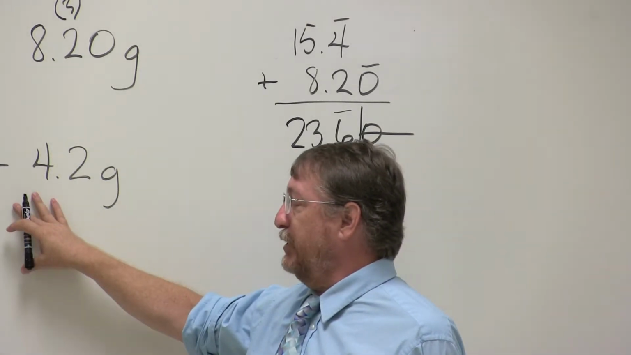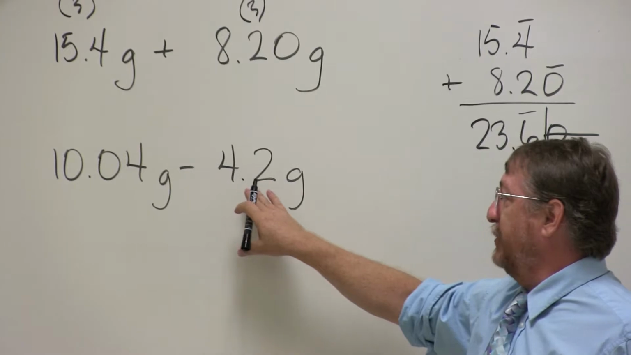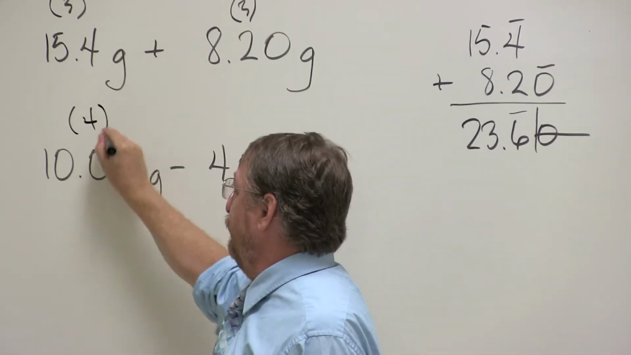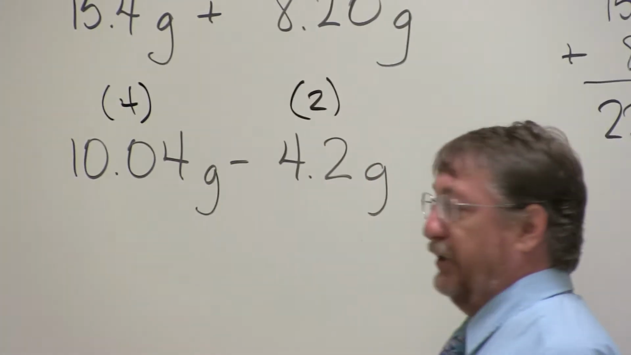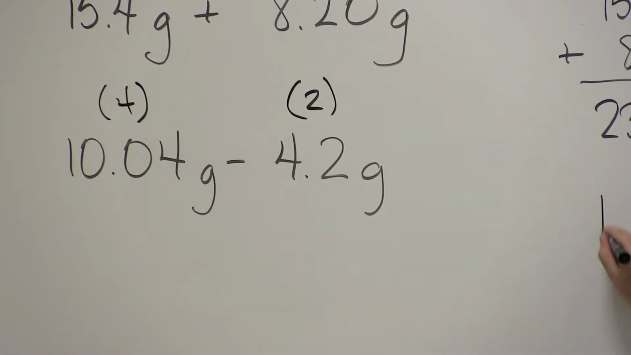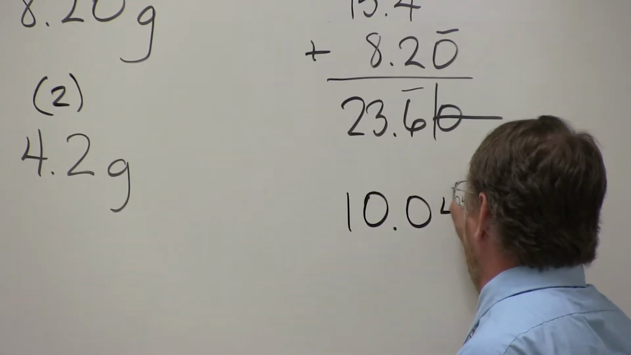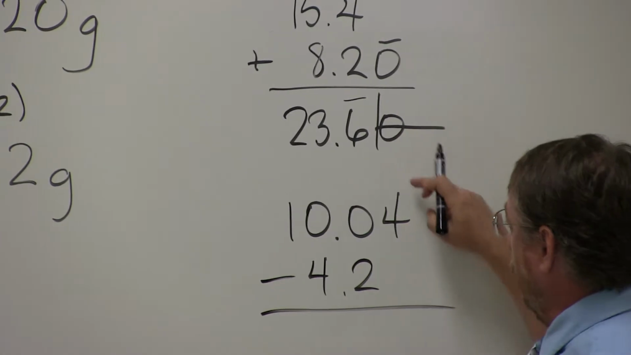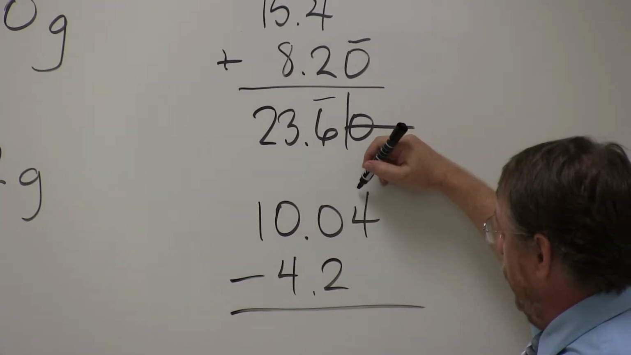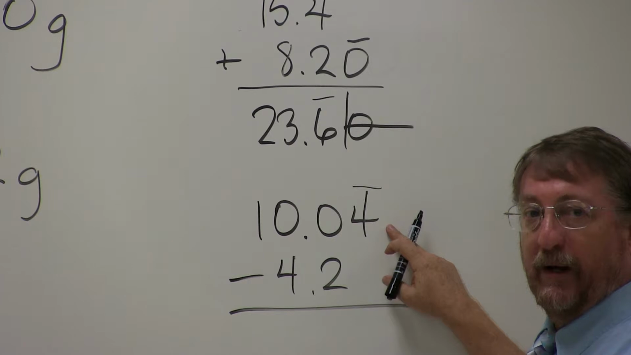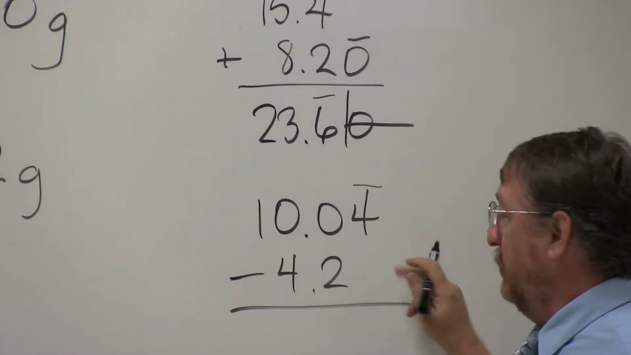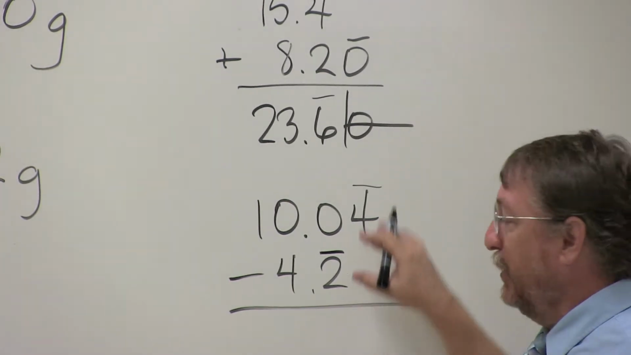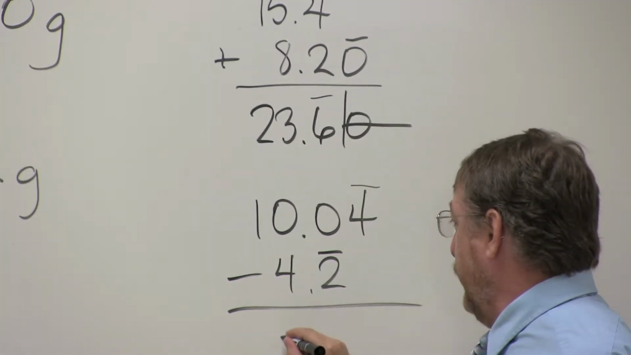Now, if we're doing the subtraction here, we have 10.04 grams minus 4.2 grams. You can see here we have 4 significant figures. Here we have 2 significant figures. So we take this and line it up like a third grader, 10.04 and then minus 4.2. Okay? So my uncertainty here is in the 4. Maybe it's a 5. Maybe it's a 3. The uncertainty here is in the 2. Maybe it's a 3. Maybe it's a 1. So when I do the subtraction, I'm going to get